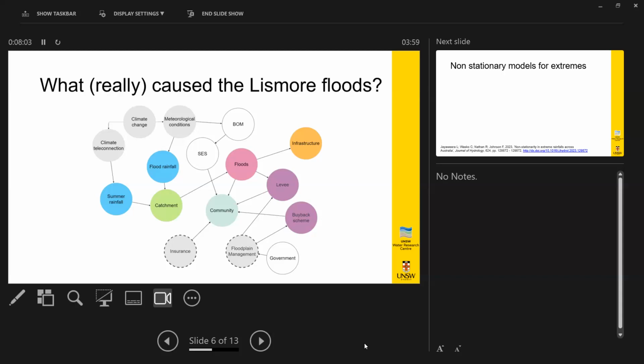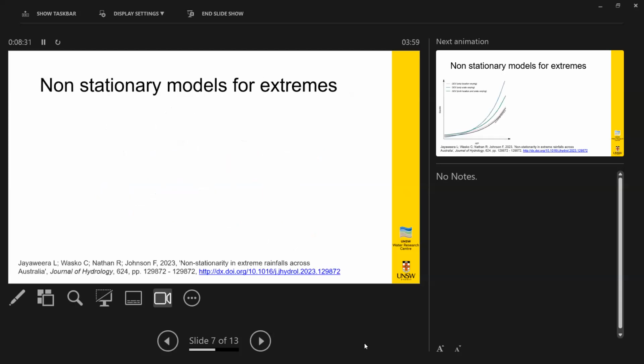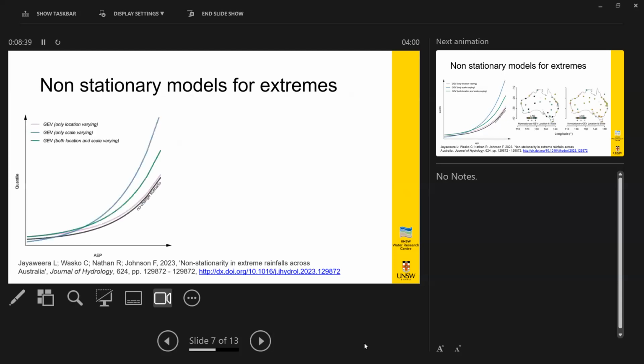We see recommendations in Australia at the moment, in my opinion poor recommendations, of increasing rainfalls by 5% per degree of global warming, which is hugely under-conservative, given we expect 7% with Clausius-Clapeyron anyway, and then we see super Clausius-Clapeyron. But that's just a purely statistical scaling. It doesn't account for the changes to storm tracks or any of these kind of problems that might affect floodplain management. So we've been doing some work looking at what sort of non-stationary models for extremes might make sense to better estimate that floodplain risk.